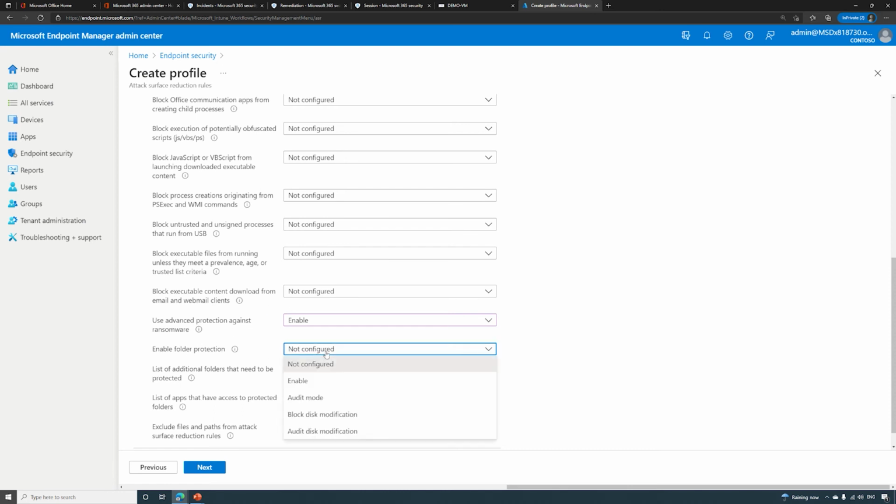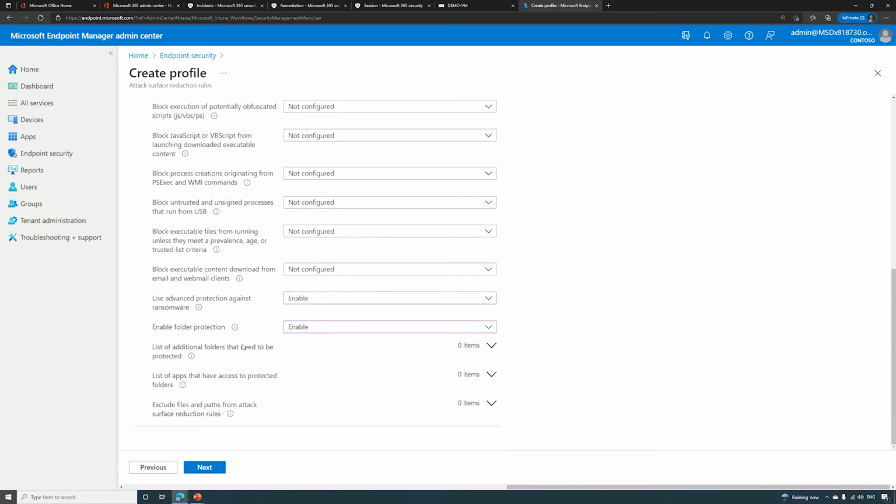We can enable folder protection, which will allow us to prevent our core folders from being modified by applications, which is a tactic that ransomware will use, in which case we can add additional folders that need to be protected, apps that have access, and we can exclude certain files and paths from these rules as well at the bottom,